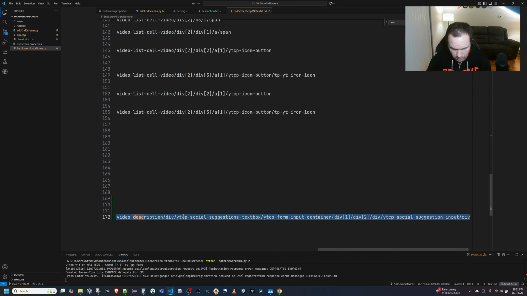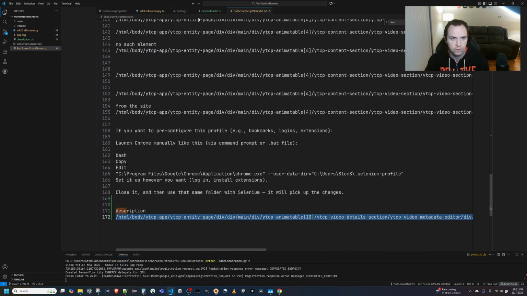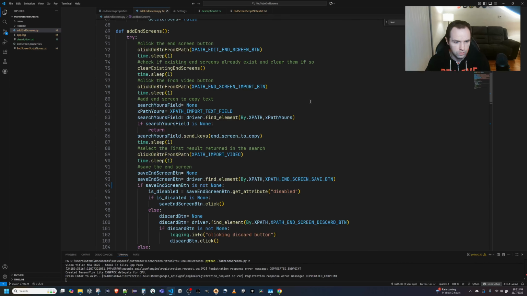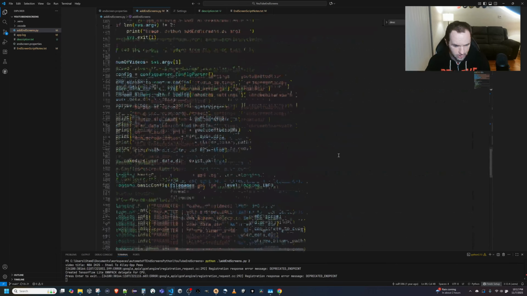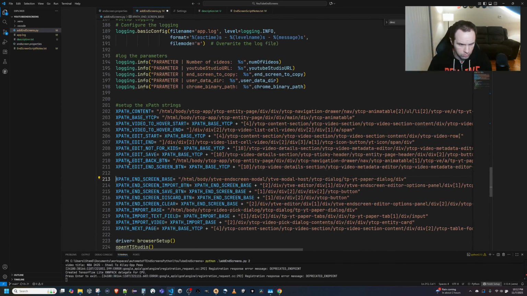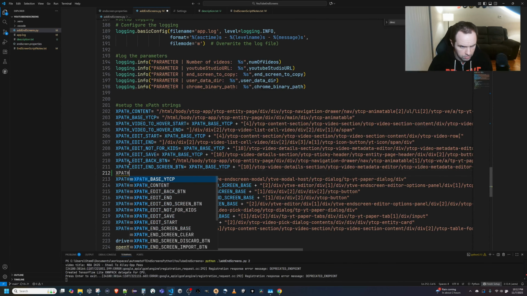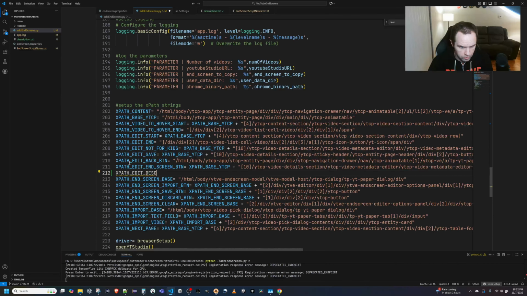So I'm going to copy, I already have a copy anyway, but all right, we're going to take this and put this into my Python script. So let's go over here. If I scroll down to where I have all the other XPaths, I'm going to put it right here in the edit page. So it's going to go right here. We'll call it XPath edit description,